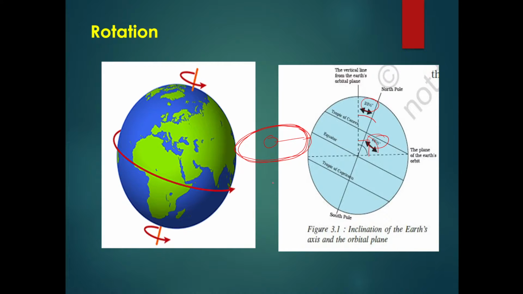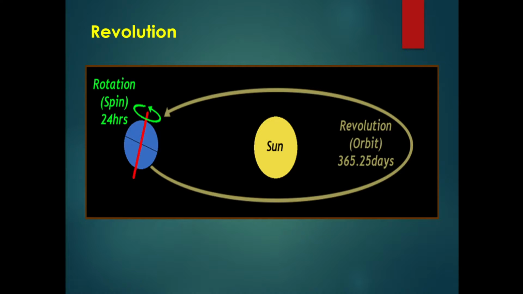So we know that earth rotates on its axis in 24 hours, right? But precisely it takes less than 24 hours. This is not exactly 24 hours, but 23 hours and 56 minutes. We should also know that earth rotates with an average speed of 460 meters per second, around 0.5 kilometer per second, from west to east.